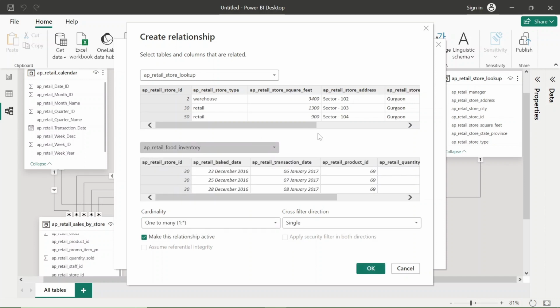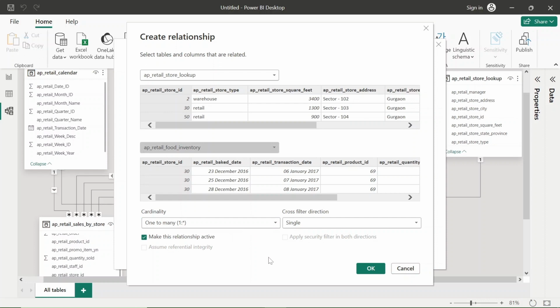And in the AP retail food inventory, that column has already been identified as AP retail store ID, on which I want to make a relationship with the table AP retail store lookup. And the cardinality has already been identified, that is a one to many relationship.